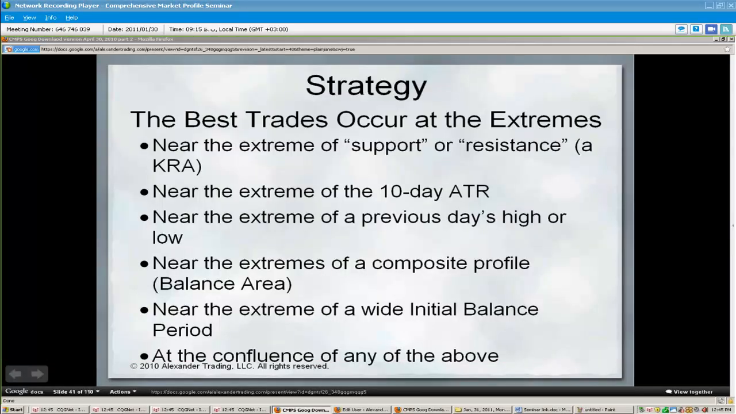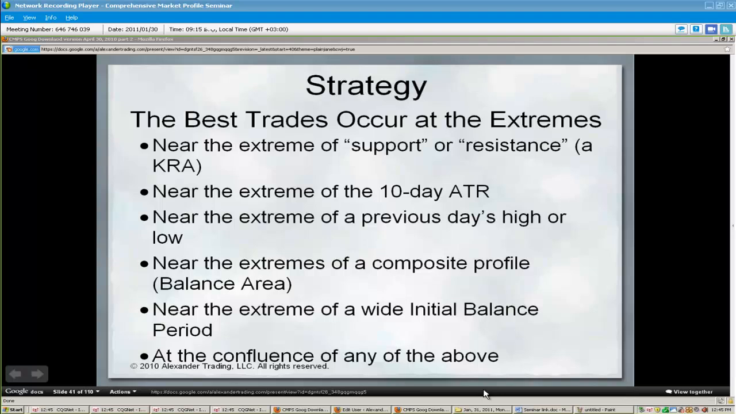Guys, okay, we left it at the completion of the strategy section. And this sort of sums up